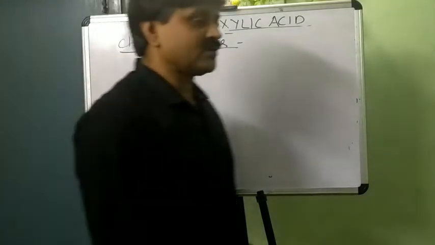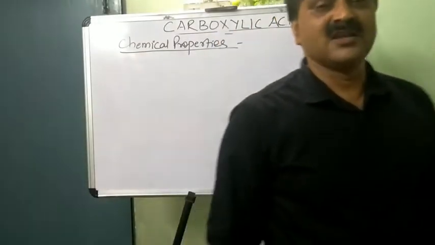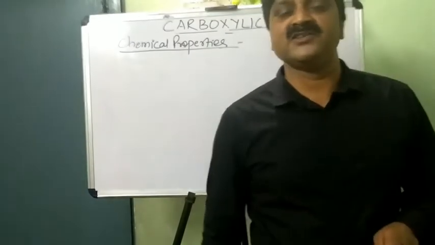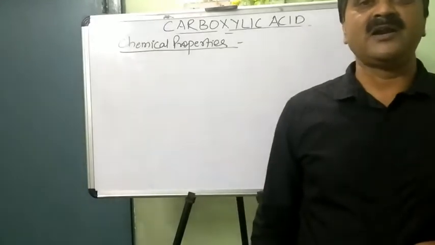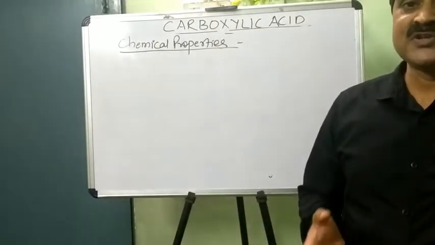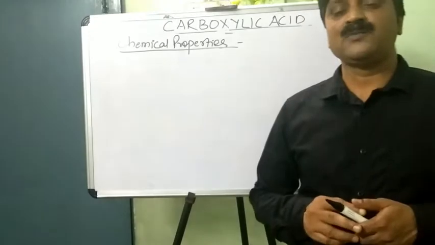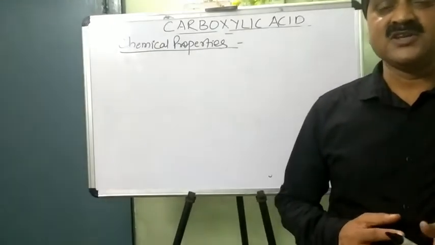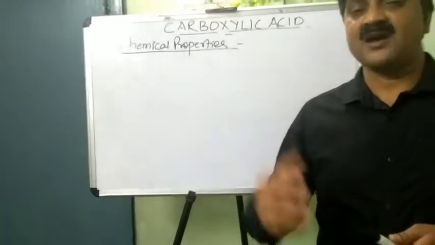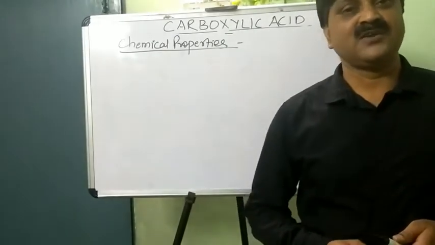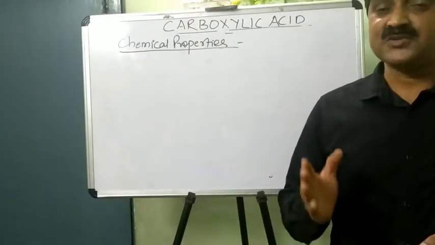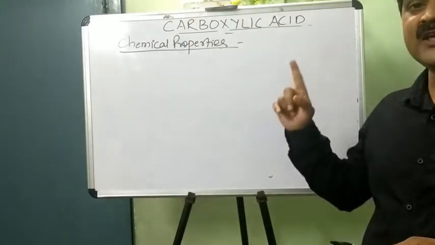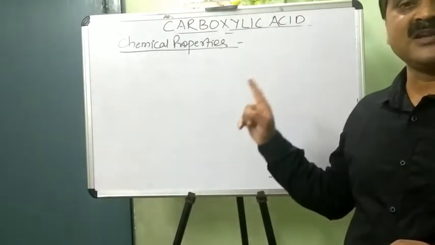Whenever you are going to decide the chemical property of an acid, the property of an acid depends on the strength or the ability of an acid to release protons in the aqueous medium or dissolve in the water. So the acid which releases a greater extent of hydrogen ion or proton in aqueous medium or in water has the more acidic character, means their degree of dissociation is complete, or 100%. Releasing H plus ion will have the more acidic character. Means the strength of an acid depends upon the ability of the acid to release H plus ion in the water or in the aqueous medium.